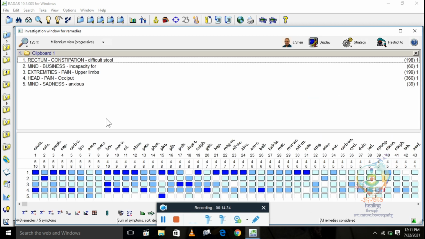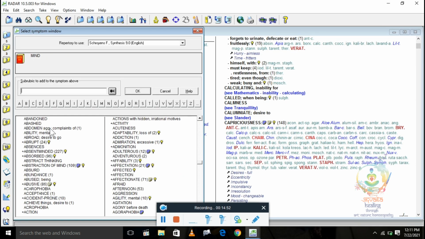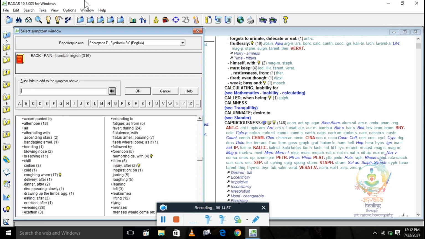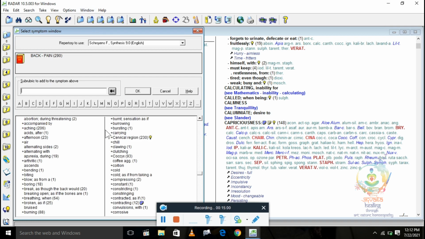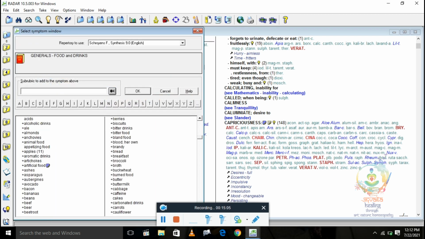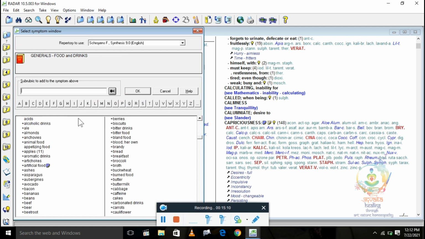So see, the main radar will appear like this, but for your comfort you can click on here. You can see where my cursor is. You can click here and do side view. See, if you add more rubrics, back, pain, lumbar region, I am adding 8 to 9 rubrics, so you can get a better idea. Food and drink, salt, desire, I am recording it, and then